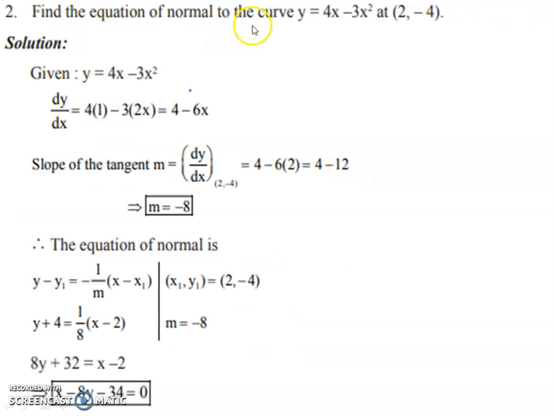Find the equation of normal to the curve y is equal to 4x minus 3x square at 2, minus 4. Again we differentiate with respect to x for the equation of the normal to the curve. dy by dx is equal to 4 into 1, x derivative is 1, x square derivative 2x, so simplify 4 minus 6x. The slope of